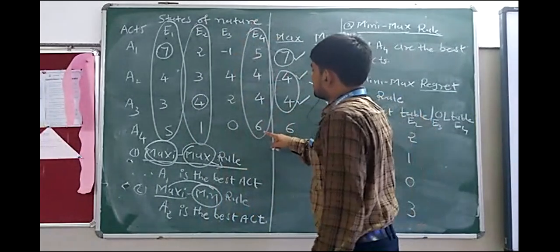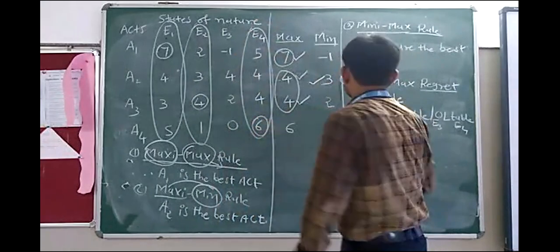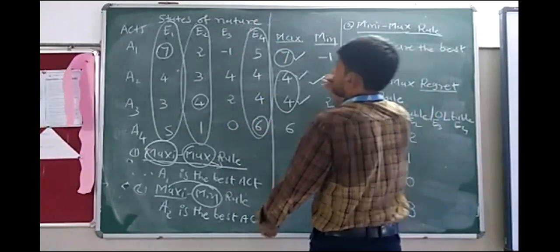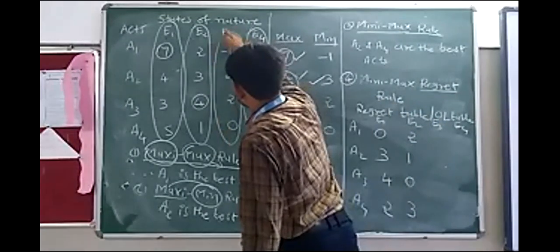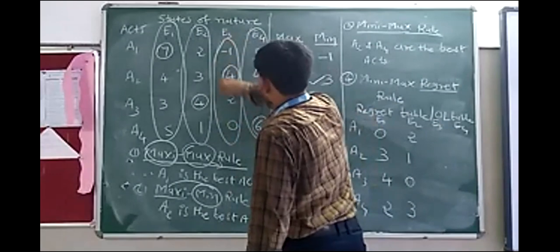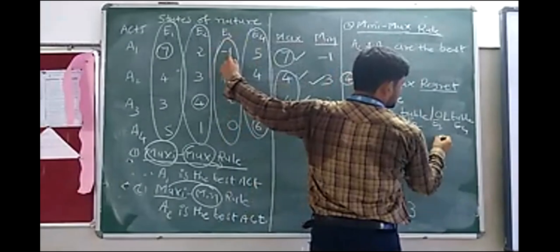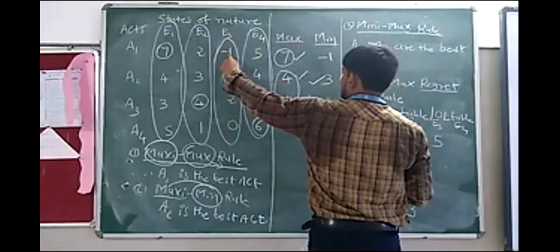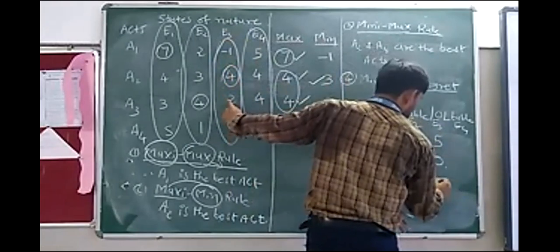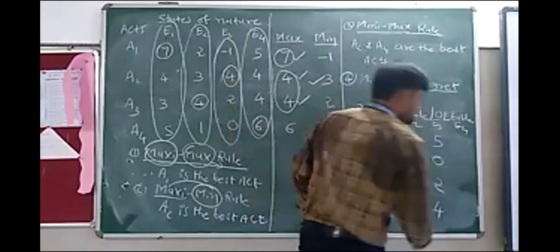And again, we'll find for state of nature 4. Again, here the maximum payoff is 6. So subtract all from 6. So 6 minus, okay, we'll find for x state of nature 3 first. So here the maximum is what? 4. So we'll subtract all from 4. So 4 minus minus 1, so minus minus plus 5. Then 4 minus 4, 0. 4 minus 2, 2. And 4 minus 0, that is 4.